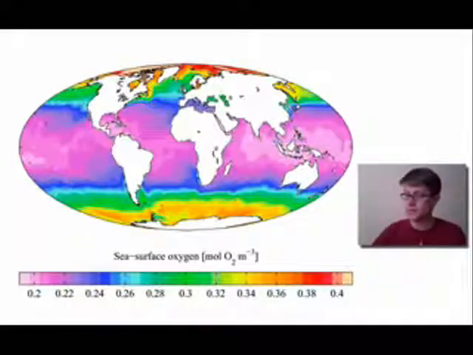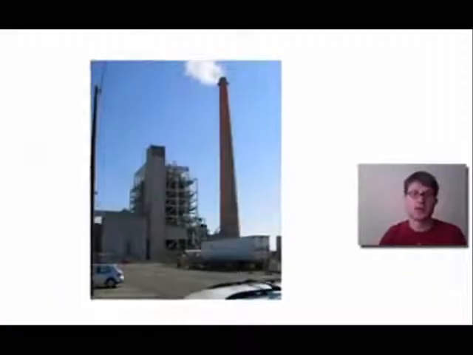Where can this be detrimental? Well, let's say you build your power station right next to the ocean, and one way to get rid of that extra heat is actually to use the water from the ocean to cool it. This is actually a power plant that's located near San Francisco. As you pump that water back into the ocean, it's increasing the temperature, so it's decreasing the dissolved oxygen level,